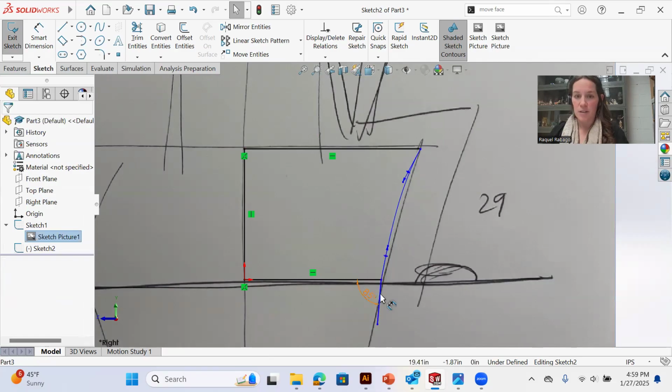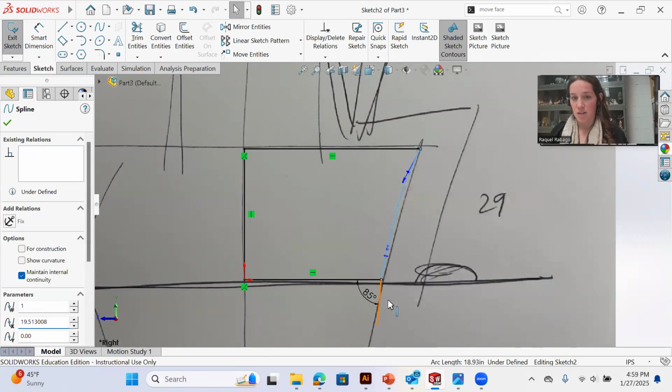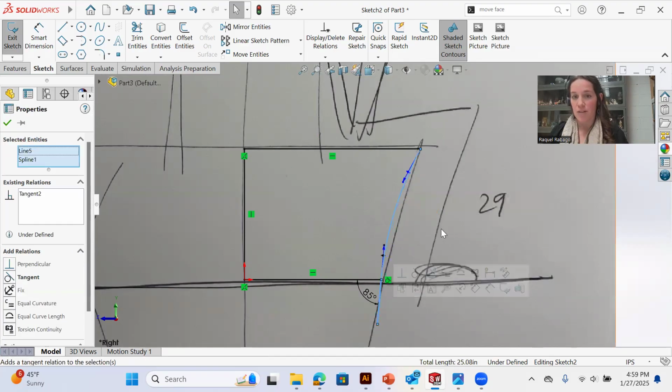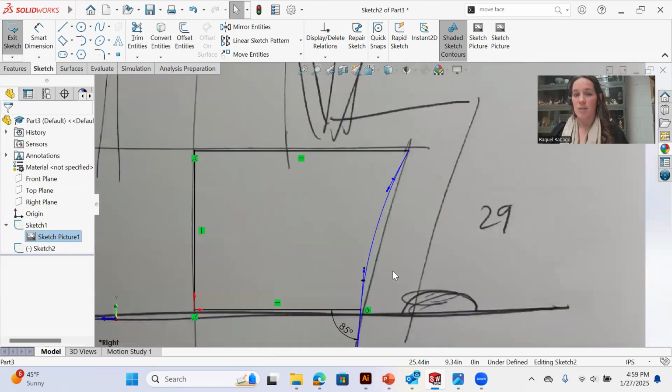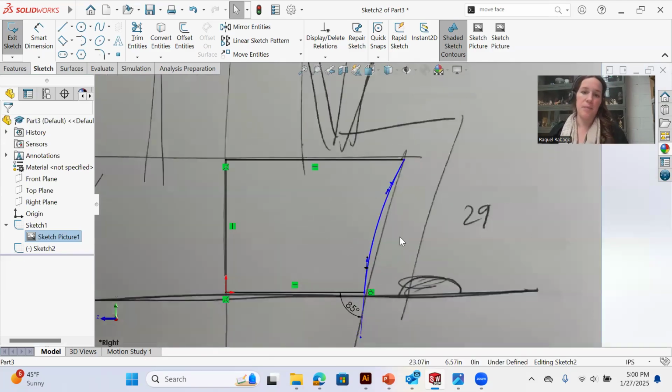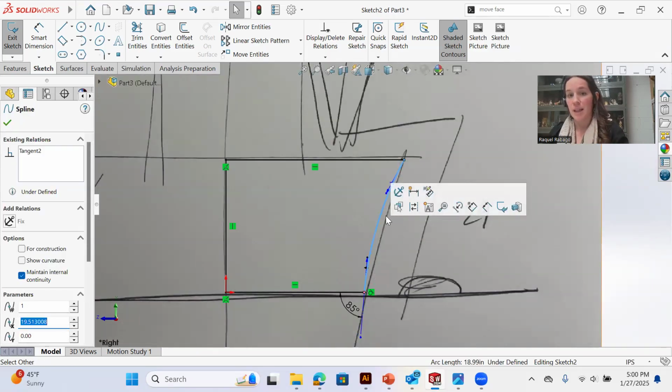So I'm going to first see if we can make these tangent, just so I have a frame of reference. If I want to make some adjustments later, it's nice to have these reference points defined, so you could say, hey, I don't want it to be that angle. I want it 5 degrees less, 5 degrees more. That's somewhere to start. Another option would be, rather than a spline, which gets a little wiggly,